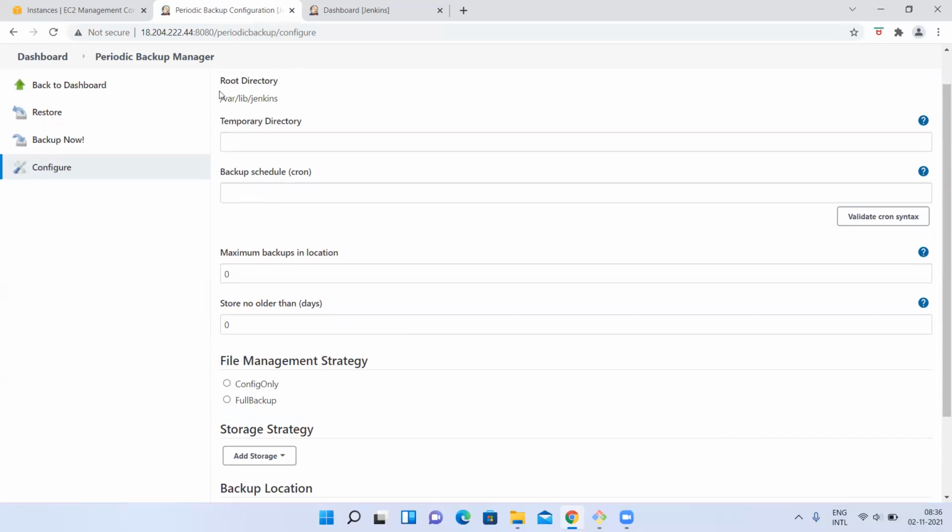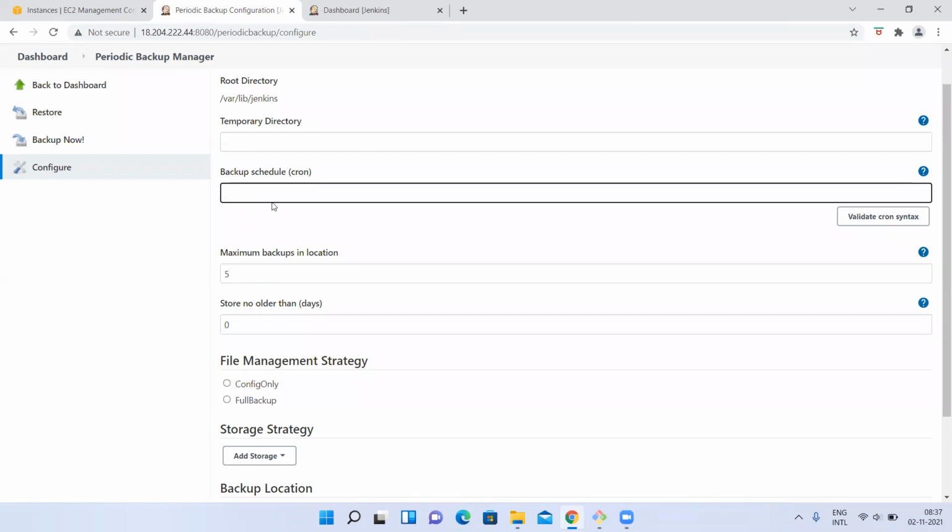Okay. Now, if it is taking backups, for example, I have configured this option, periodic backup manager, this plugin I have set up 10 days ago. So if I keep this for 1 year, will it keep the 1 year backups? Unnecessary, right? Why I need 1 year backup, every day backup, right? For example, it is taking a backup with the date. So I'll have 365 backups, which is useless. How many backups I want to keep? You can set it here, 5 days backups. 5 means, how many times it is going to take backups?